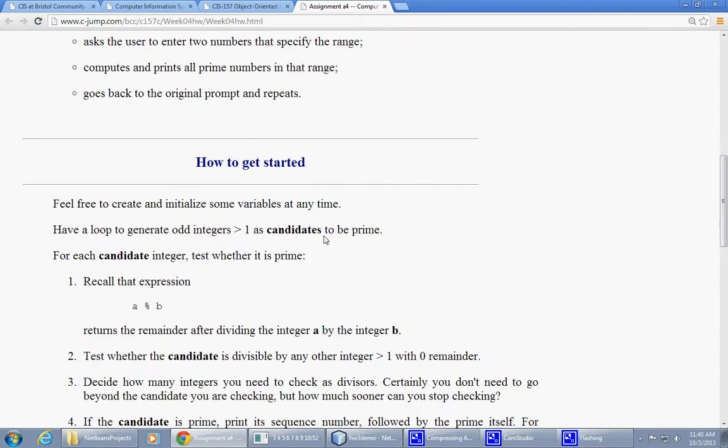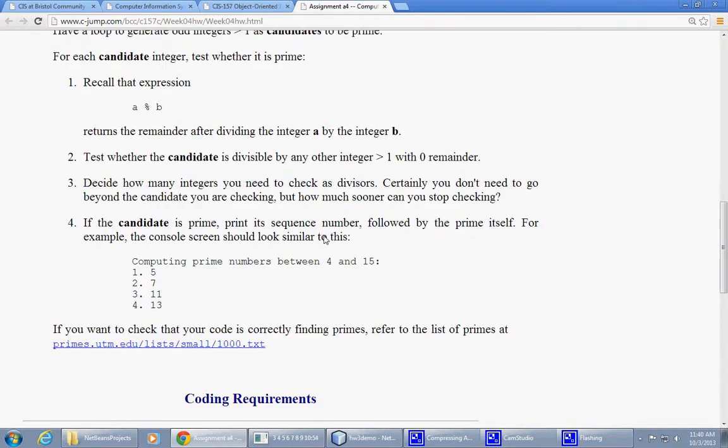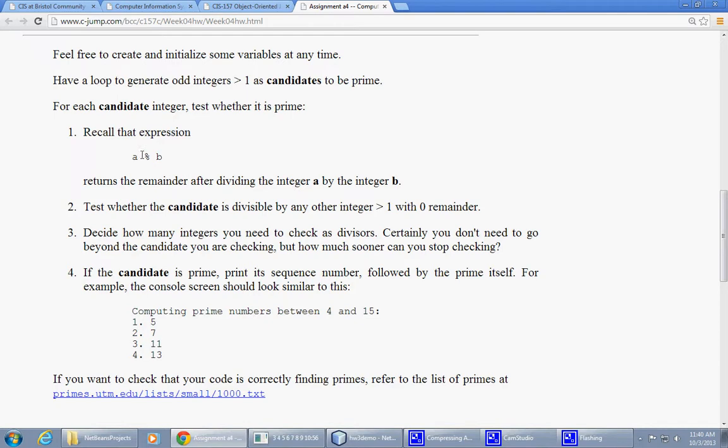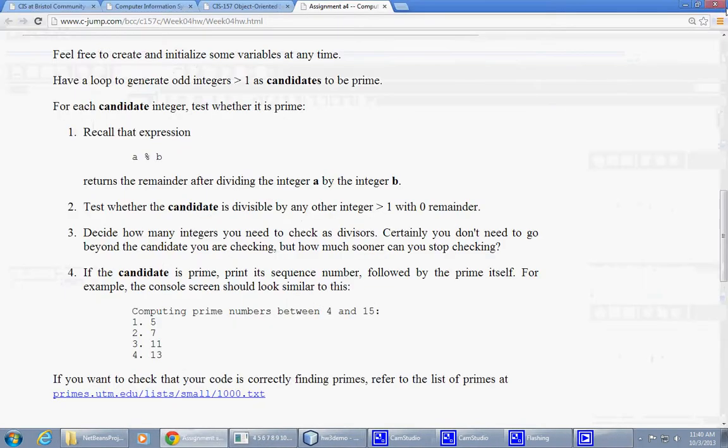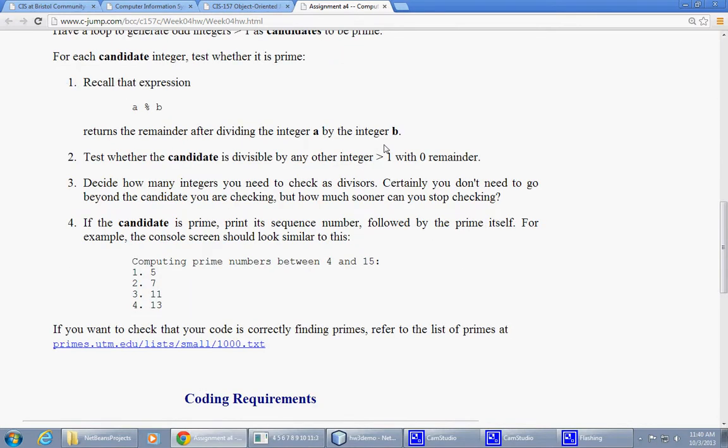And we're actually going to recall, let me close this. They're going to,